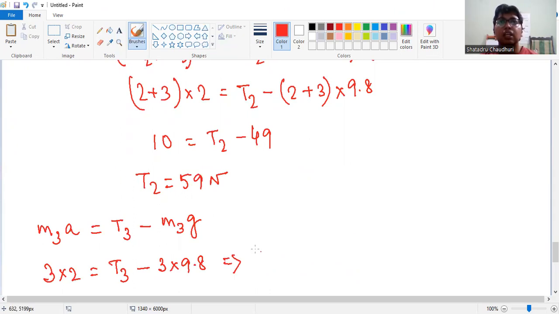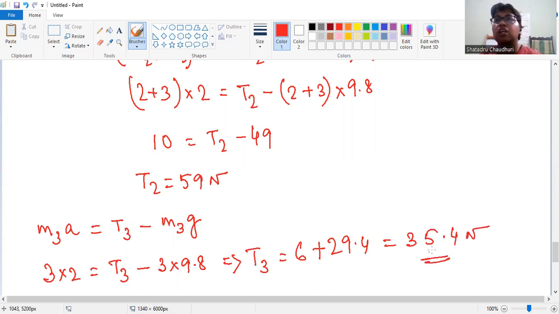So यहाँ से T3 equals 6 plus 9.8 into 3, so 9.8 into 3 is 29.4. So इससे आएगा, हम मान लो, होगा 35.4 न्यूटन. So T3 will be 35.4 न्यूटन. तो यहाँ पे हम लोग को अब समझ में आया कि अगर इस the system is stationary, then